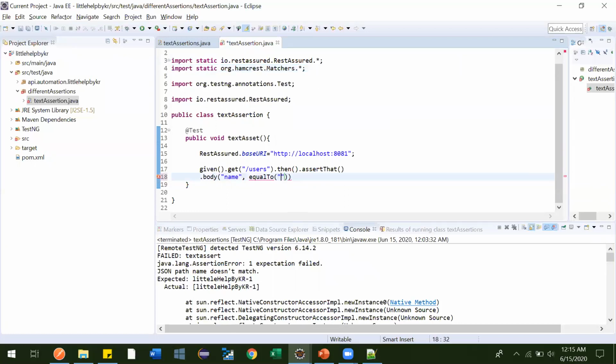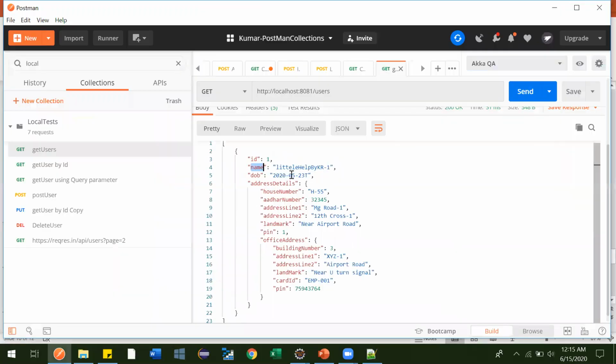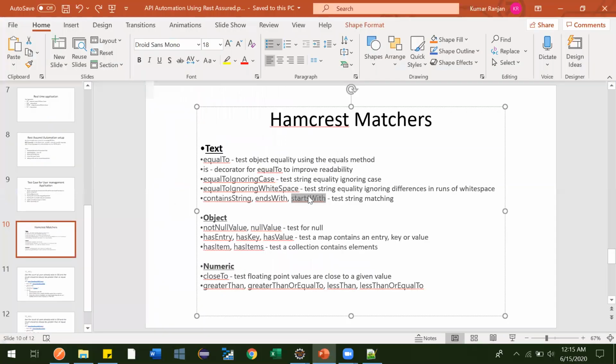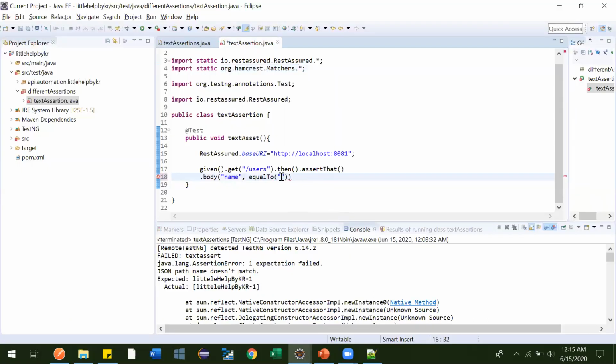It should be equal to what should be the result. Whenever we hit that API, one JSON object should be there with name having this value. So this is what an assertion is. Now let me run this.